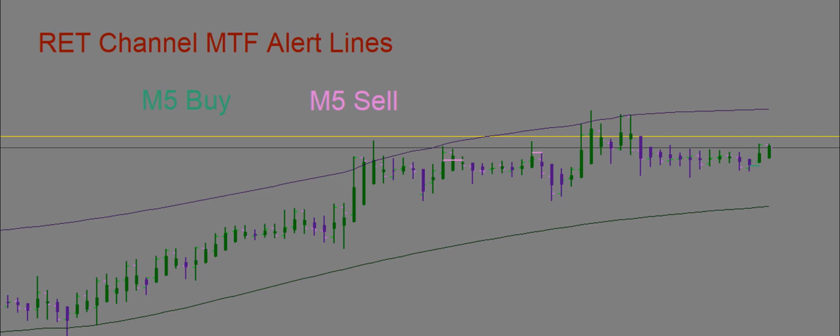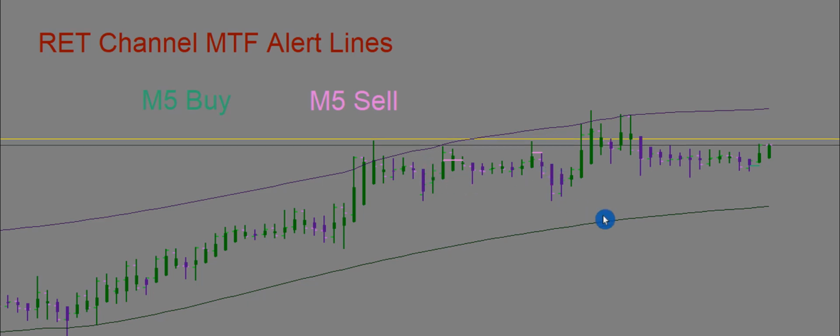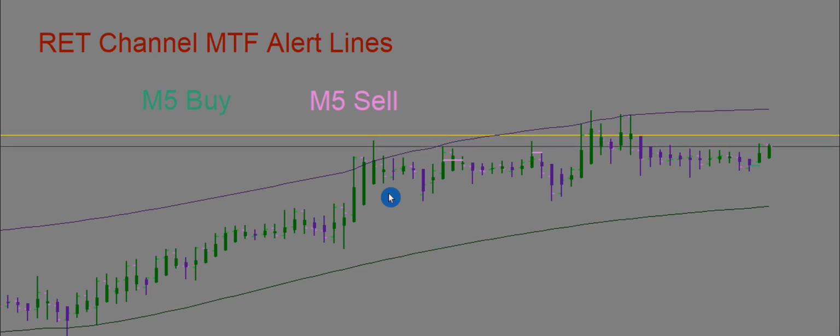It was running for a while, and then I shut down my charts, and now they've disappeared. So I've let it run for a little bit. There's a few lines on here, and similar to the high-low, it does the same thing. So these are 5-minute sell signals and buy signals,